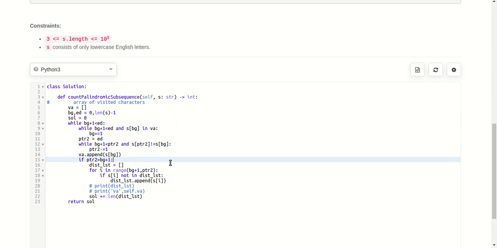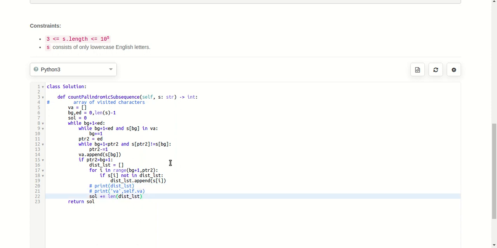In that case we make another list, a distinct list, ranging from bg plus 1 to ptr2 minus 1. We write range up to ptr2 so that it is the upper bound, not included. So from bg plus 1 to ptr2 minus 1 we iterate and store the characters in the distinct list. Then we see how many distinct characters we get.